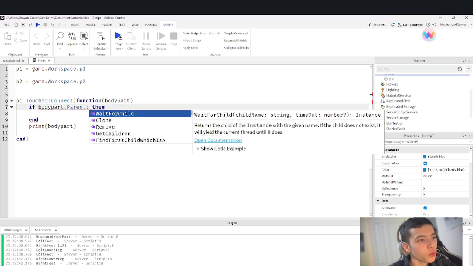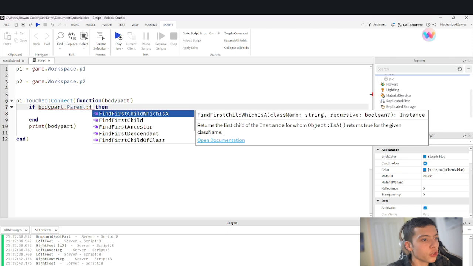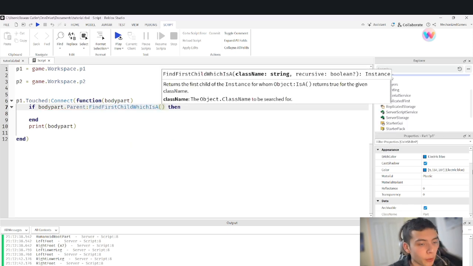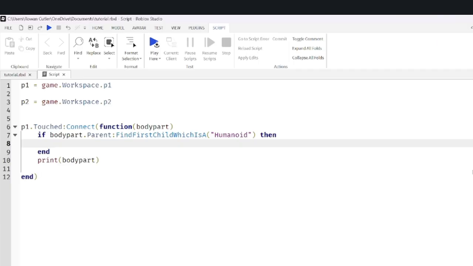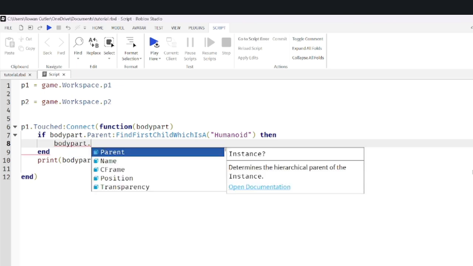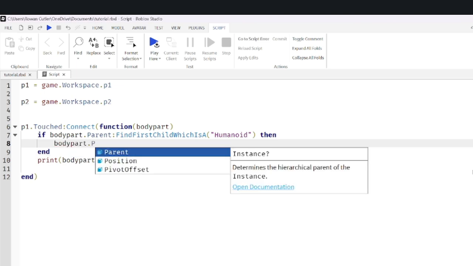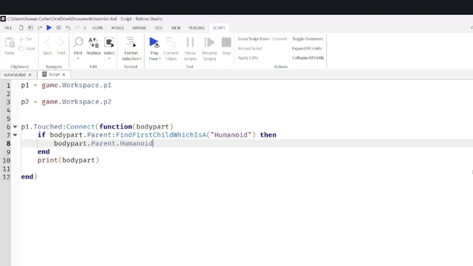We're going to do a colon. We're going to do another little function here: FindFirstChild, which is a, bear with me, Humanoid. Class Humanoid. So it's going to return true if it's a player, okay? And then now we're actually going to move that HumanoidRootPart. bodyPart.Parent.HumanoidRootPart